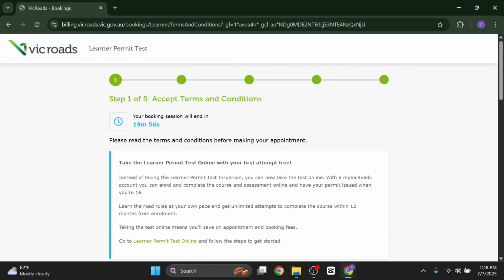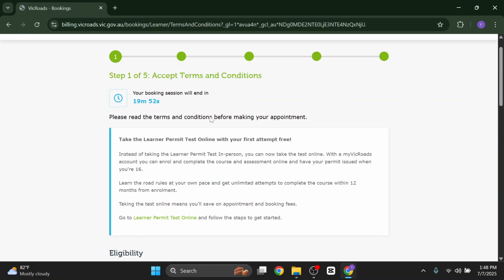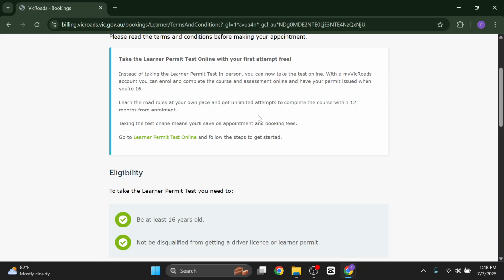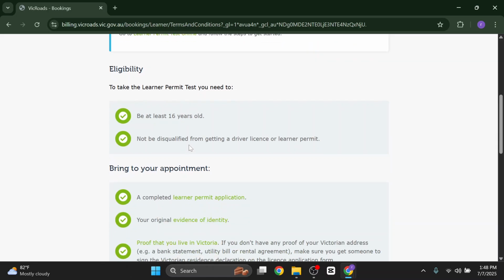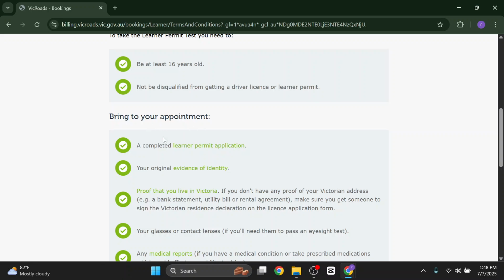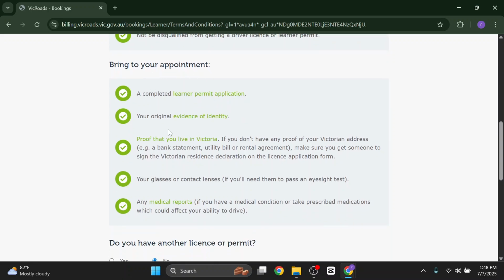Let's just go with book a learner permit test. And after coming here, as you can see, there are step 1 of 5, like accept terms and conditions. Please read the terms and conditions. And after reading the terms and conditions, you have to check for the eligibility. Like to take the learner permit test, you need to be at least 16 years old, not be disqualified from getting a driver license or learner permit, and bring to your appointment a completed learner permit application,